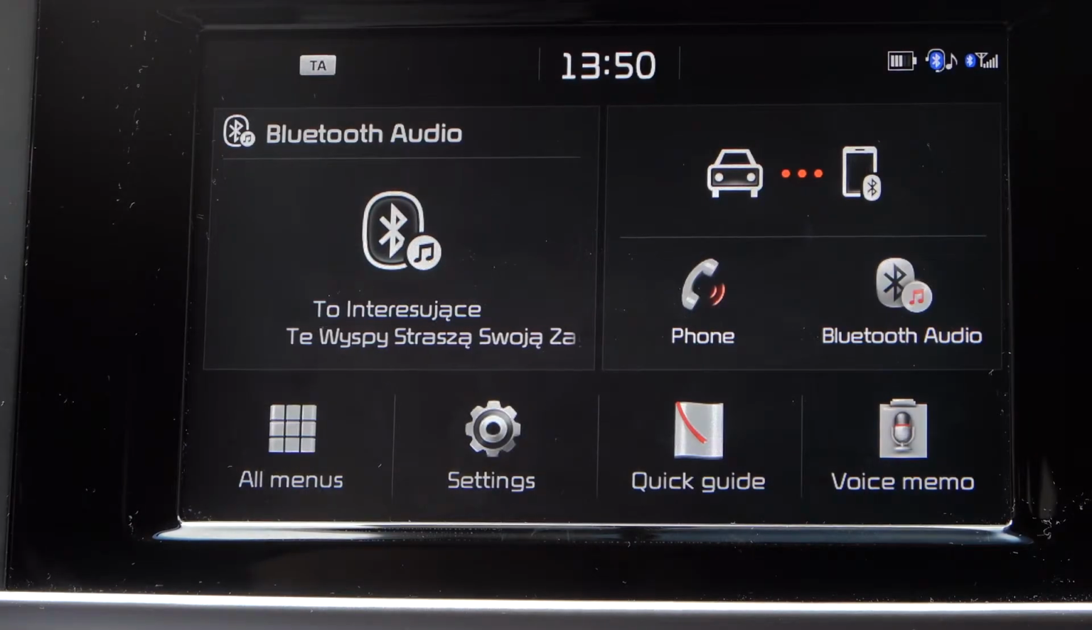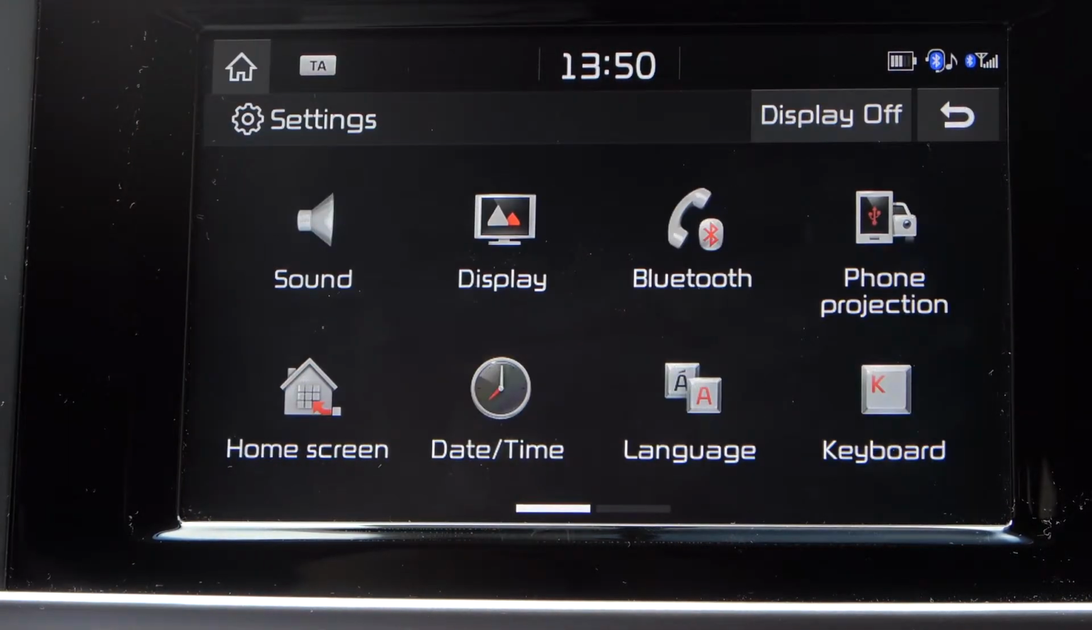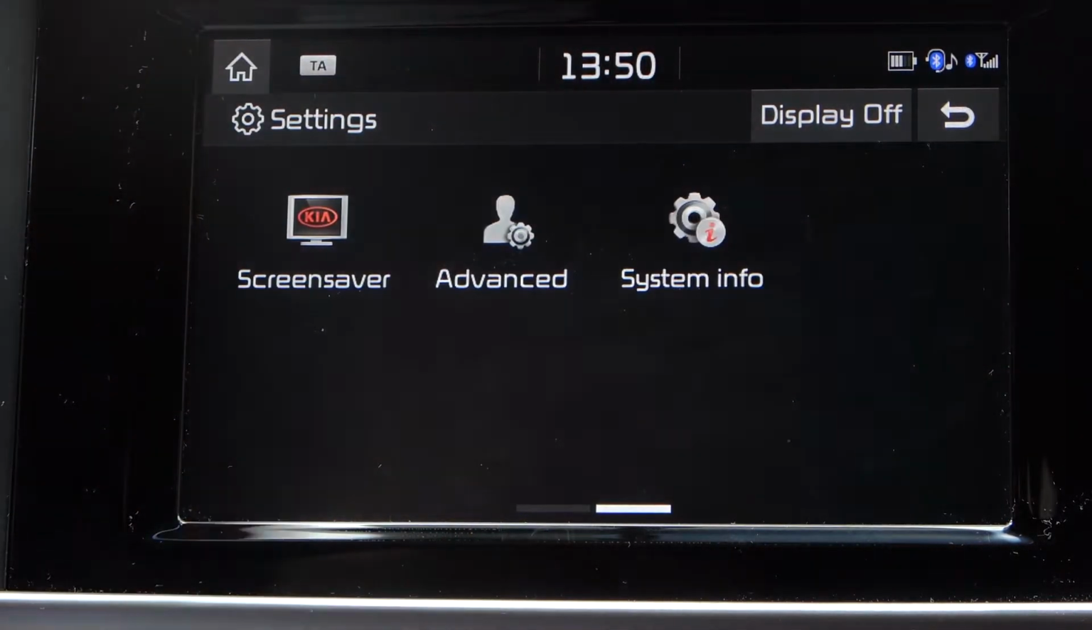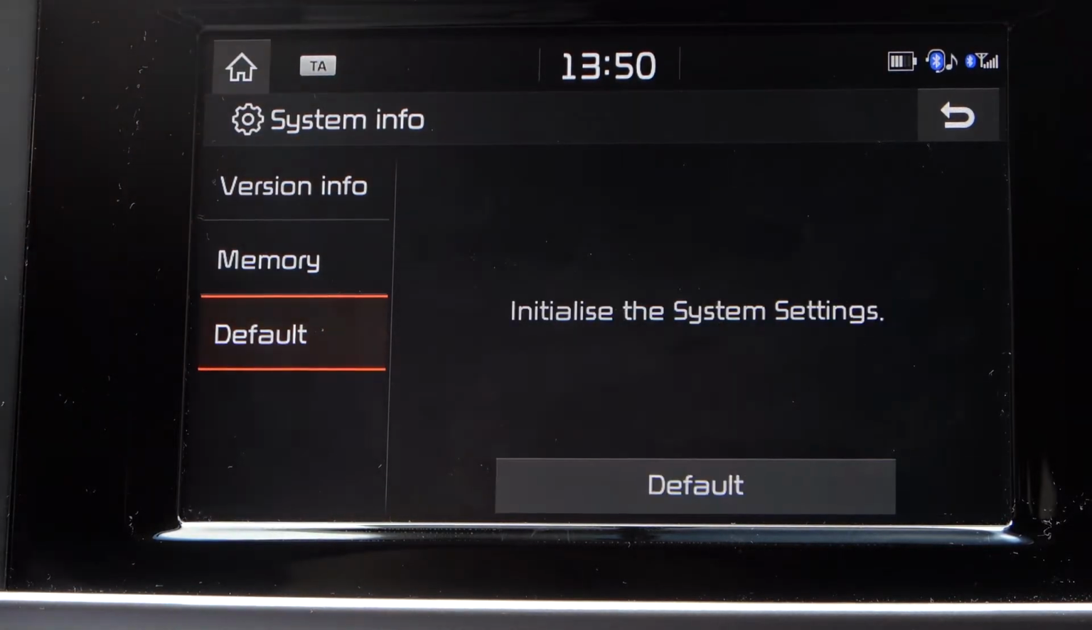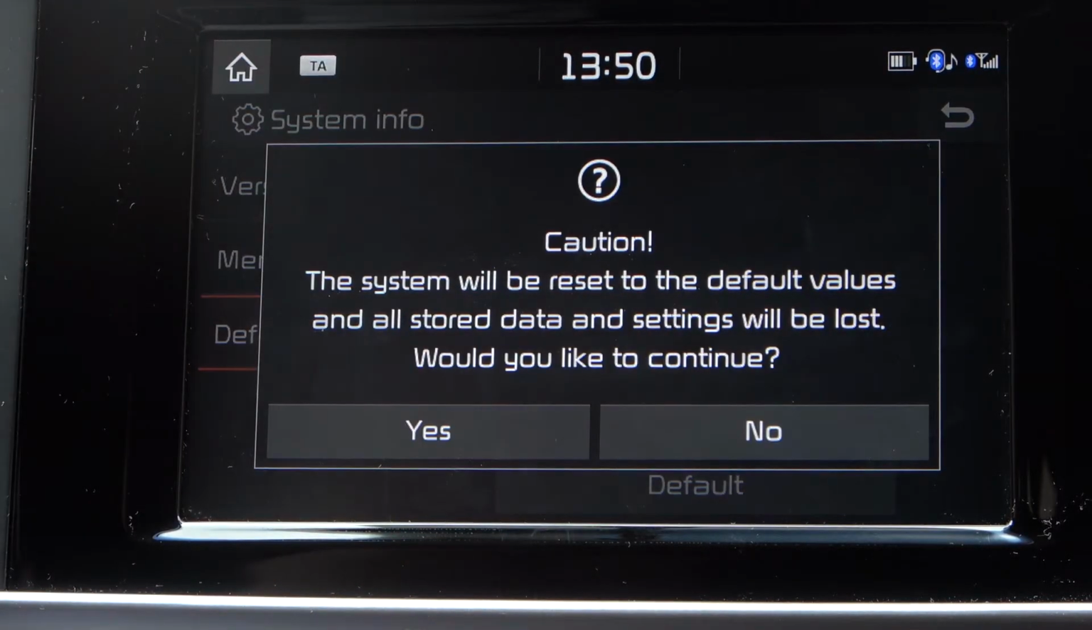Welcome! Today I am with Kia Sportage and I'll show you how you can reset all settings to the factory default. So you have to go to the settings, next you have to scroll like that and find the system information. When you are here we have to go for the default and tap another time on the default, and